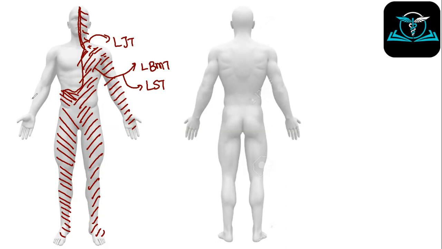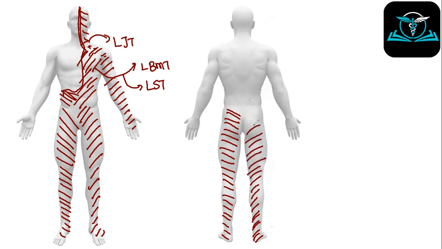So this part of the body will be drained by the right lymphatic duct, or a chunk of the body. So if you come to the back, the same thing. All these parts are drained by the thoracic duct. Why? Because of the lumbar trunk. Remember that with the intestinal trunk, they form a dilatation called the cisterna chyli, and that is the beginning of the